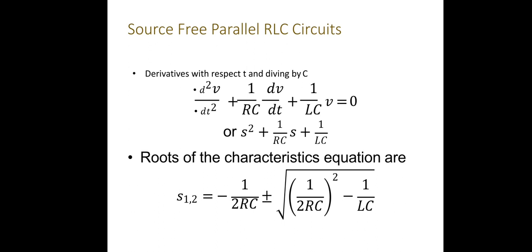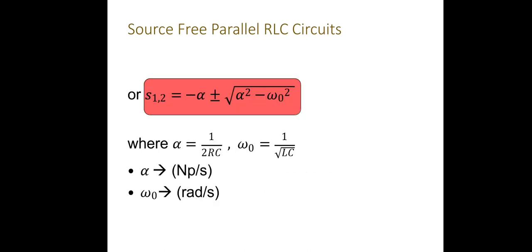You have to apply that equation here. Instead of a, b, c, here A is 1, B is equal to 1 by RC and C is equal to 1 by LC. So therefore, minus 1 by 2 RC plus or minus root over 1 by 2 RC whole square minus 1 by LC. So this is the resultant roots equation, and you will get S1 and S2, similarly to what we did in the series RLC circuit. Here it is minus alpha plus or minus under root of alpha square minus omega naught square, where alpha and omega naught are 1 by 2 RC and 1 by root LC respectively.